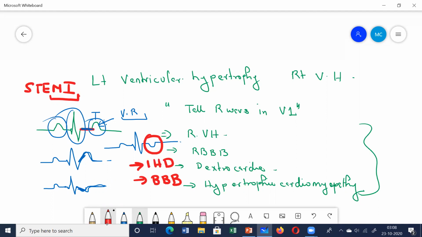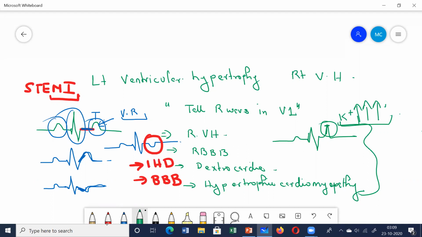And remember, the tall peaked T wave often comes in MCQs, very common. This tall peaked T wave is usually seen in hyperkalemia, when the potassium levels are very high. So tall peaked T wave is seen in hyperkalemia. Okay, next and last portion, let us see what the QT interval is.